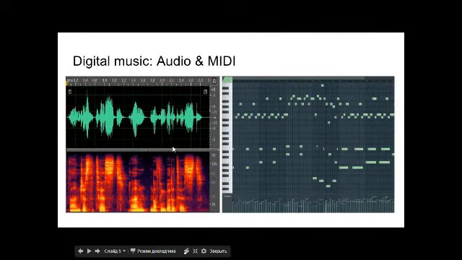So this is how audio and MIDI look inside a couple of popular music editors. On the left we see audio. It's the waveform. Basically, it represents the amplitude of the signal on this axis, and this is time. So we have maybe a phrase or something like that. It starts from silence, then it goes up, it goes louder, then it goes down, then the peak is here, and then it ends with silence again.